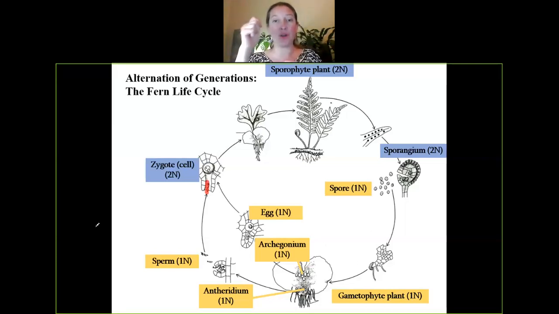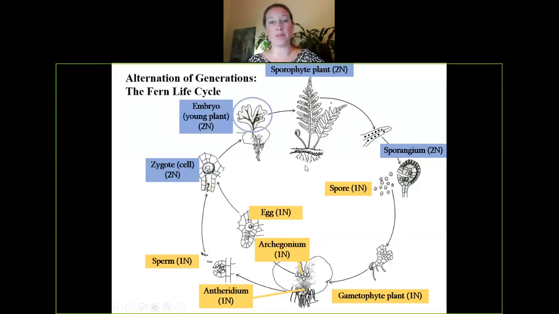One haploid egg plus one haploid sperm, one N each, fuses together and makes a 2N, diploid zygote. Notice the color change. Here we go. The 2N zygote cell is going to undergo mitosis and grow into